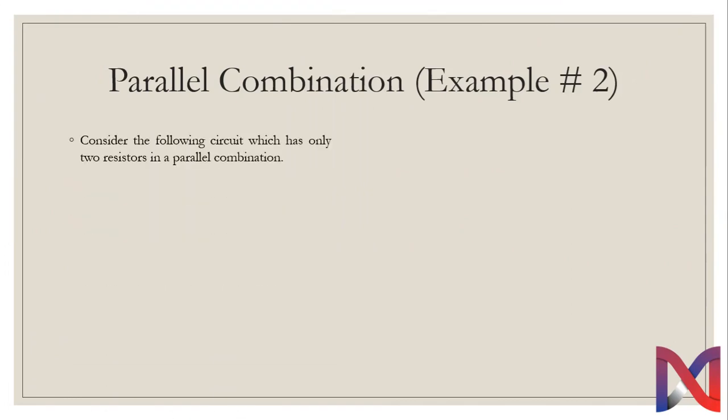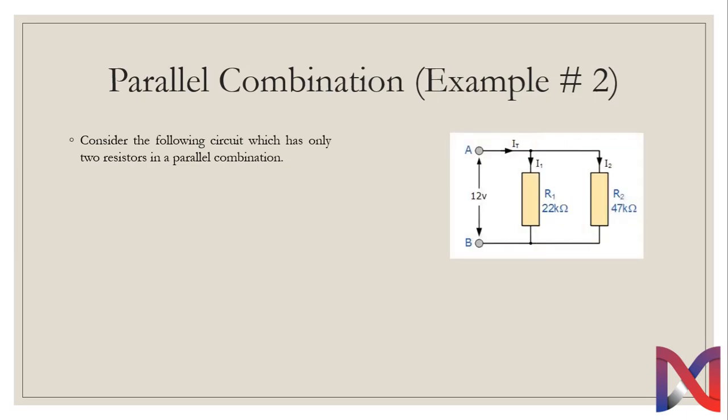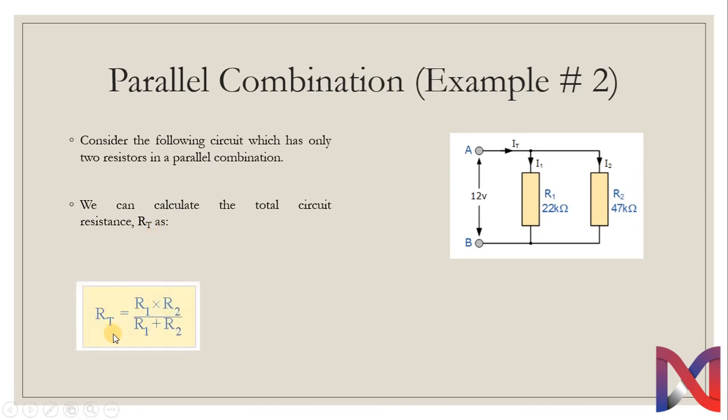Here we move to our second example. Consider the following circuit which has only 2 resistors in parallel combination, 22 kilo ohm and 47 kilo ohm. The RT of this circuit can be calculated as follows. RT will be equal to R1 multiplied by R2 divided by R1 plus R2, or this can also be mentioned as